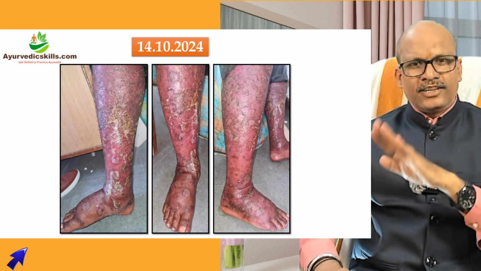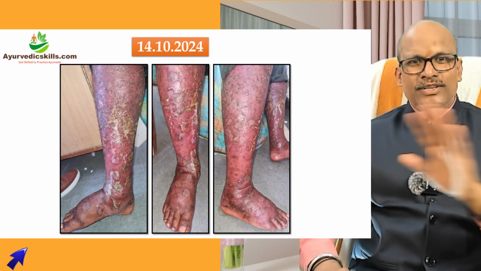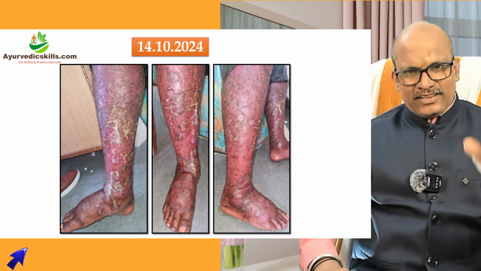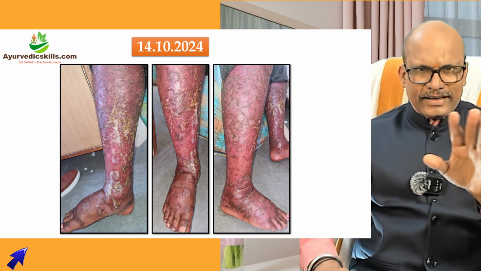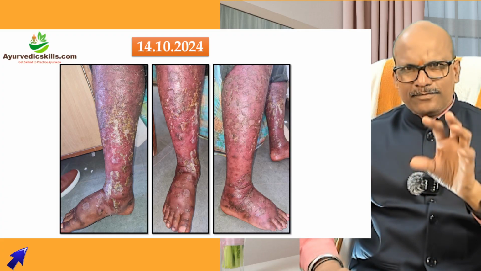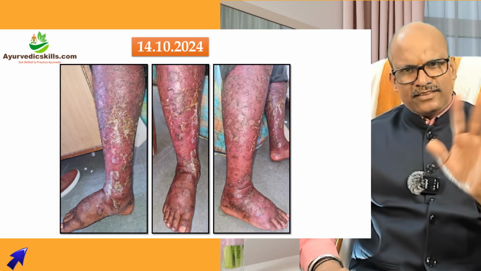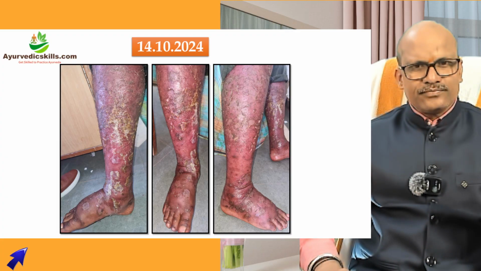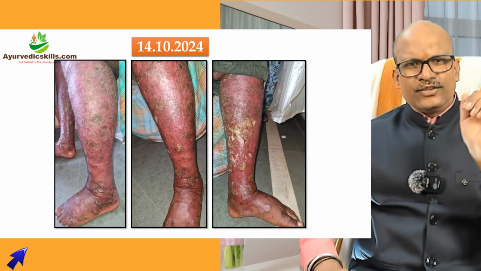The next patient came on 14/10, 7 days later. Complaints are gradually reducing. Now oozing is not there. You can see slight white layers. That is not actually pus. That is dried skin now. The pus pockets that were there have gone. Dried thin scales are there, like skin. So on 14/10, this was the presentation.